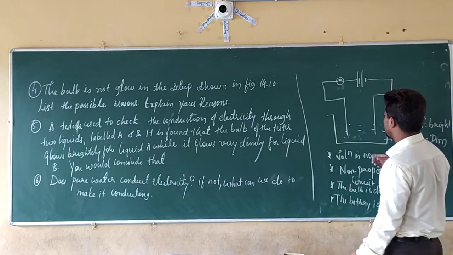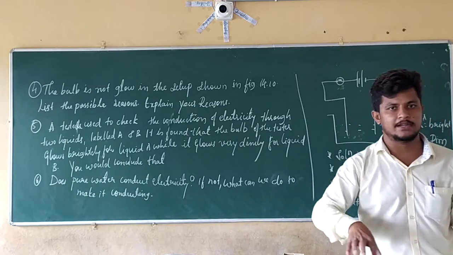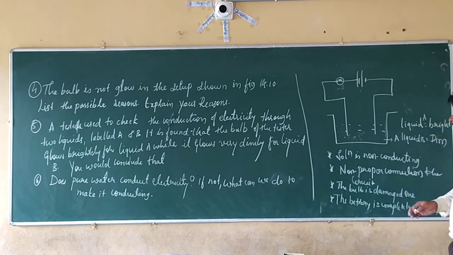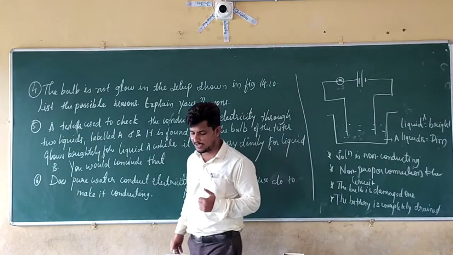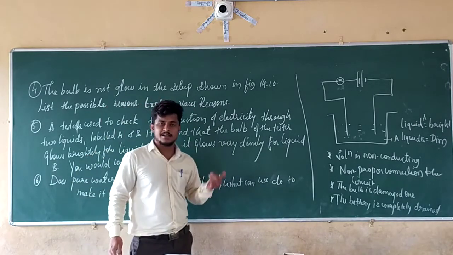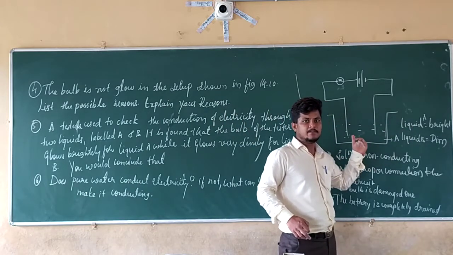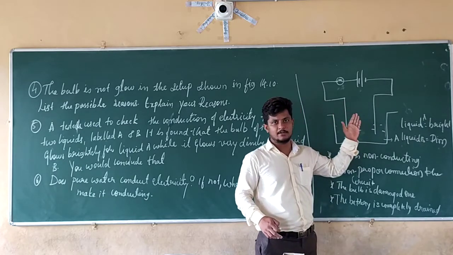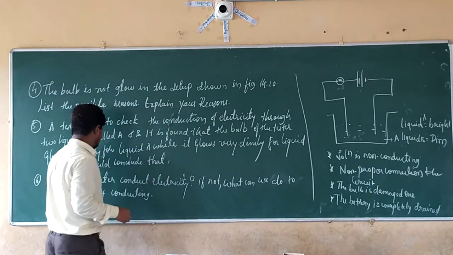If it is acquiring less current, what does it mean? The liquid present here is conducting less current. So we can say that liquid A is a good conductor, whereas liquid B is a bad conductor. It is giving weak current, while liquid A is giving stronger current. If we check the options, the first option, liquid A is a better conductor than liquid B, is correct. Why? We already know that a high amount of current is flowing through liquid A, since the bulb is glowing brightly. For that reason, the answer to the fifth question is option 1.